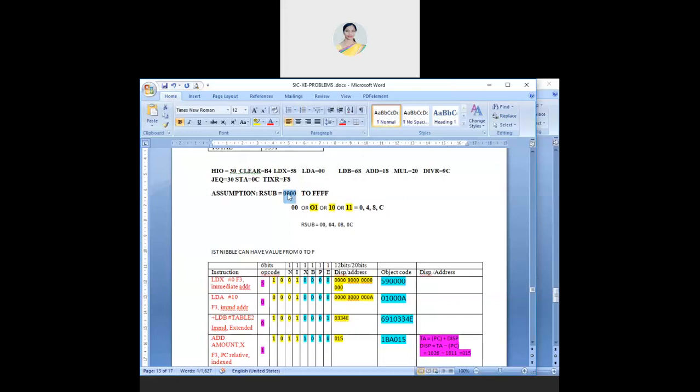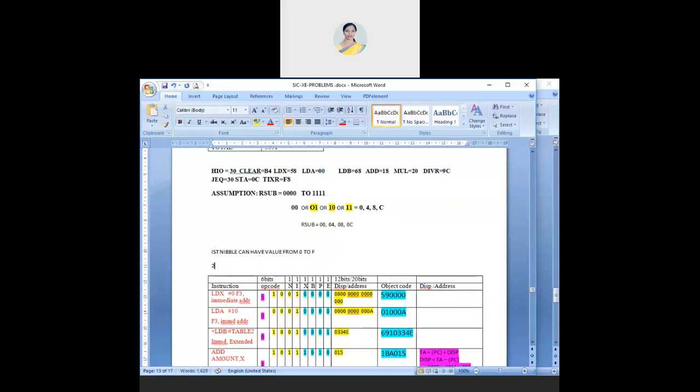The first 4 bits you can change from 0 to F, right? Sorry, not FFF. 1111, that is my F. Okay, done. See here, the second 2 bits is only 0, 4, or 8, or C. The first one is from 0 to F, okay? From 0 to F, okay? Done? That is, the first nibble can have from 0 to F, and the second